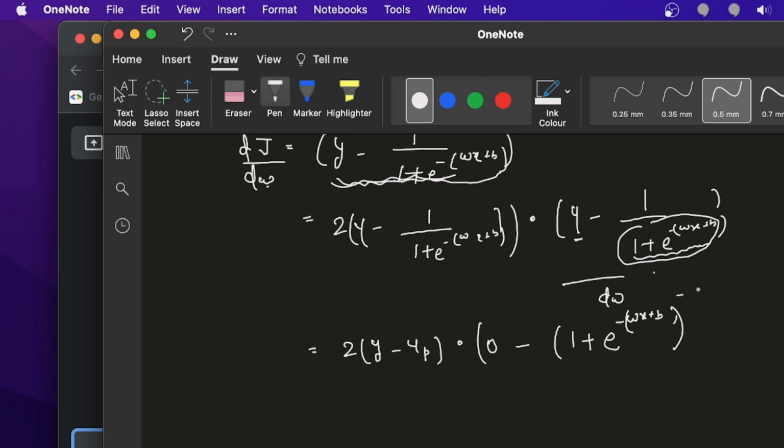So it will be like negative of 1, yes or no, by dw. So again we are getting 2y into y prediction. So you multiply with this, which is 0, and then multiply with this, and now you have to differentiate with this. So you have to differentiate with 1 plus this by 1 plus